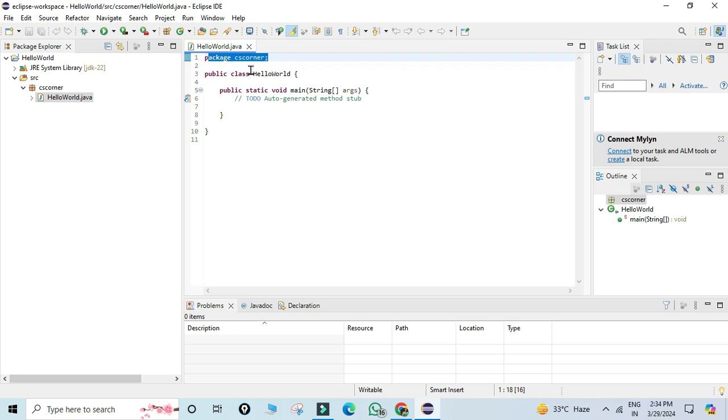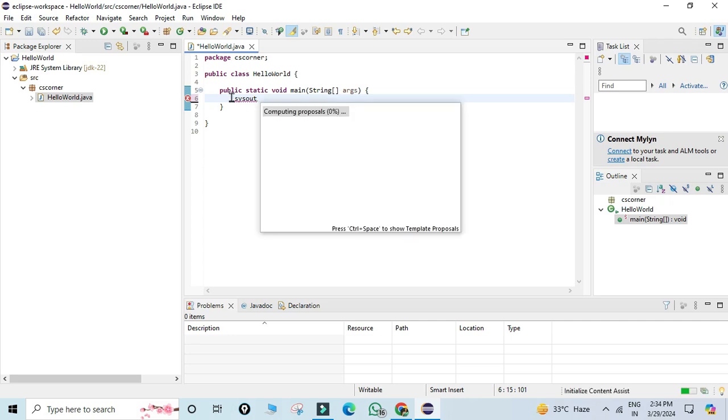Okay, you can see my HelloWorld.java file has been created under my SRC directory, and here you can see this is my code. First line is package cscorner. So my program is inside the cscorner package. Here is my class, and here I have the public static void main method.